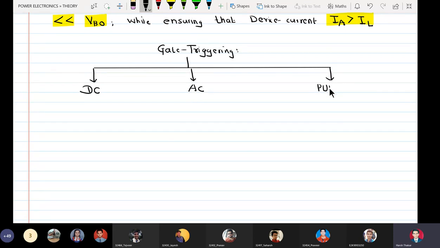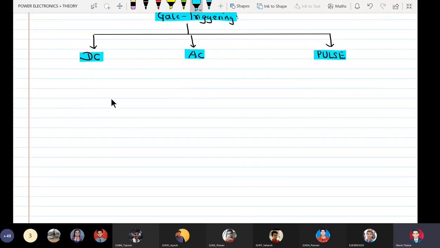And third is called pulse triggering. We will draw circuits which exemplify all three types of triggering. We will discuss which triggerings should not be used and which triggering should be used and why. First we draw the circuit which exemplifies DC triggering, followed by a circuit for AC triggering, and a third circuit for pulse triggering.